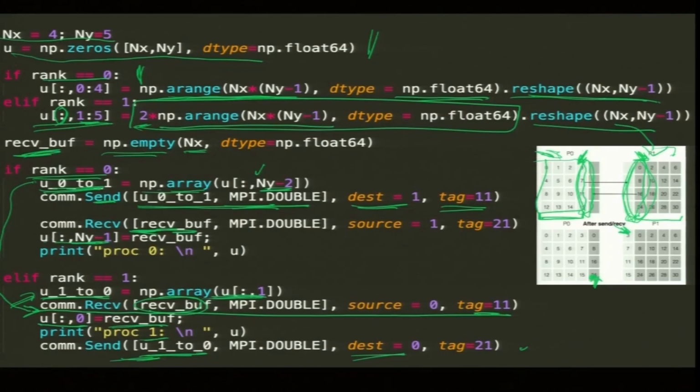Okay, great. So, this is how we send and receive columns, and all the people who are doing the finite difference project should implement this for a general number of processors. I did it for 2 for illustration, and you can do it for P. Just keep in mind that the same code is running on all the processors. That is what you need to keep in mind. So, you have to make sure: if I am process 0, what should I do, and if I am process 1, what should I do, and this should be coded in the program.